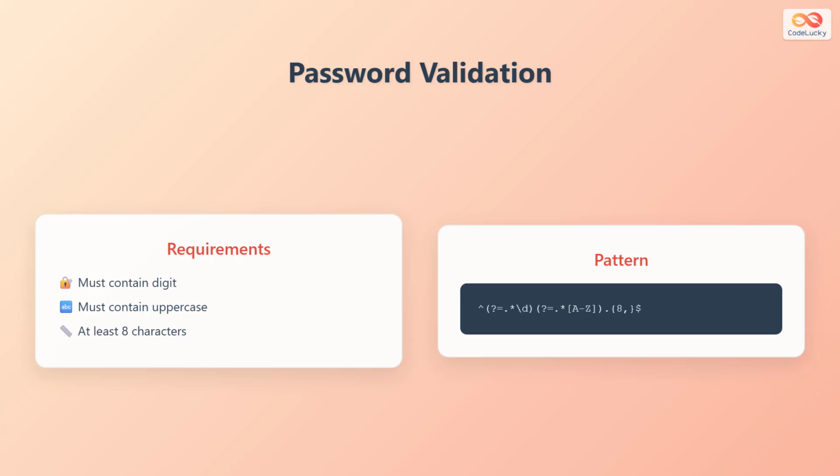Let's consider a practical example: password validation. Suppose you have the following requirements for a password. It must contain at least one digit, it must contain at least one uppercase letter, and it must be at least 8 characters long. We can achieve this using lookaheads. The pattern would be ^(?=.*\d)(?=.*[A-Z]).{8,}$